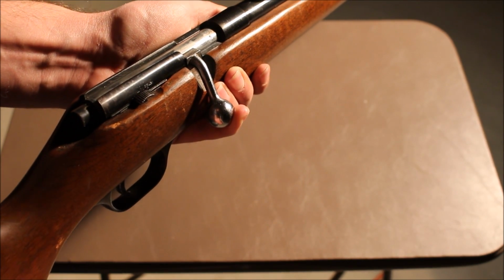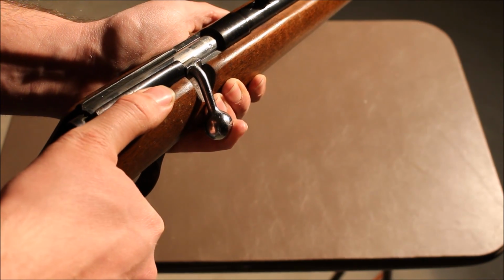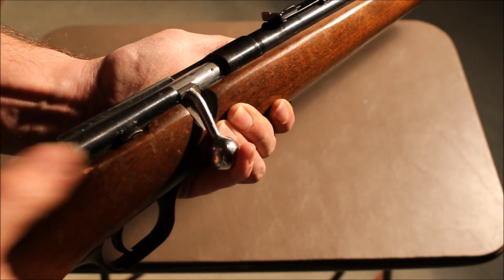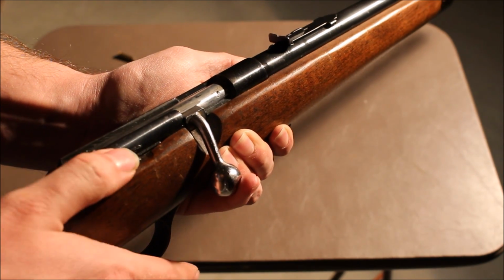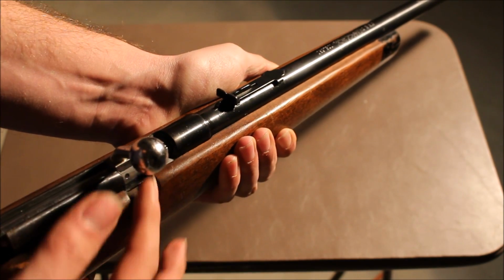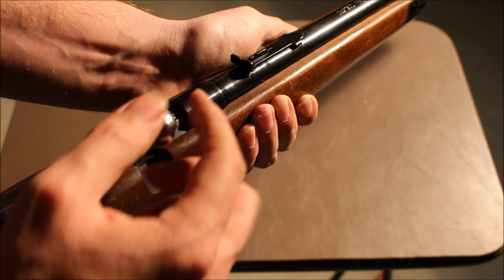Every other bolt action that I own, forward is fire and backwards is safe. On this gun, forwards is safe and backwards is fire. And actually, you can't even open the bolt, as you've seen from my last video. You can't open it all the way with